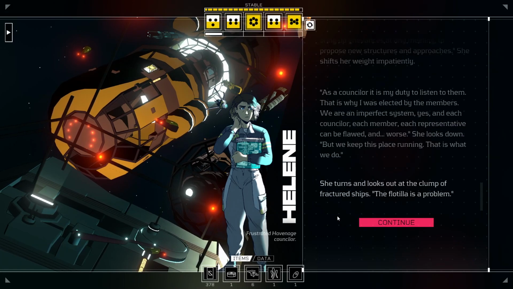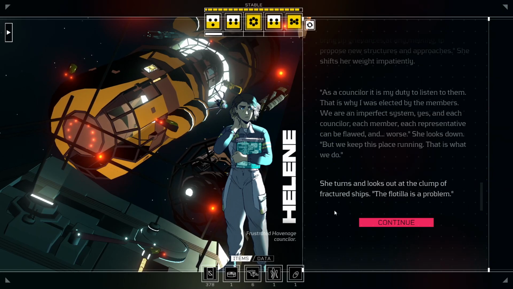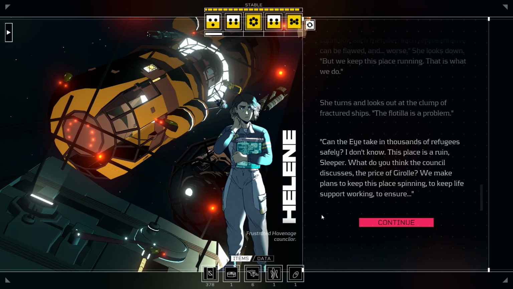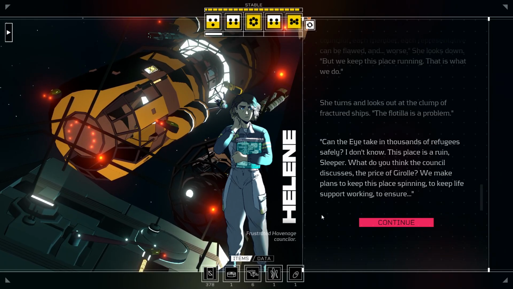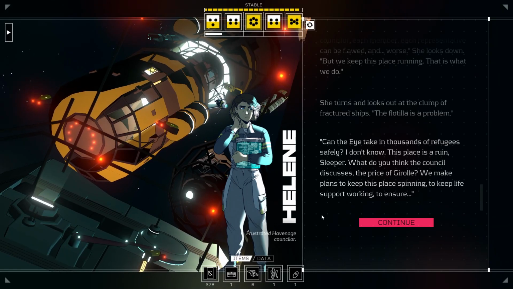And the flotilla? She turns and looks out at the clump of fractured ships. The flotilla is a problem. Can the Eye take in thousands of refugees safely? I don't know. This place is a ruin, Sleeper. What do you think the Council discusses? The price of Gerol? We make plans to keep this place spinning, to keep life support working, to ensure...